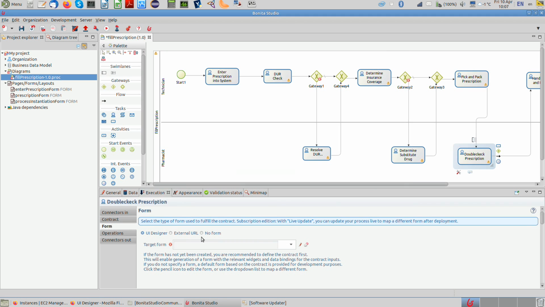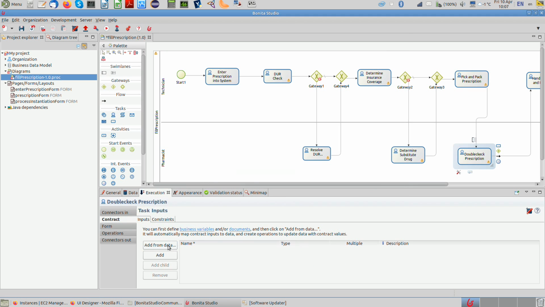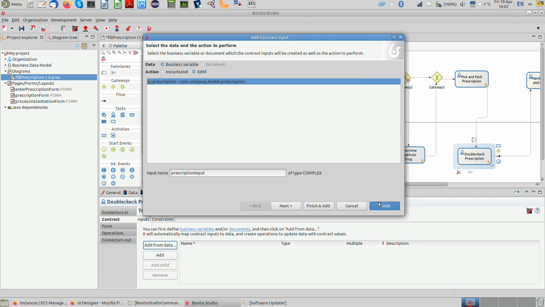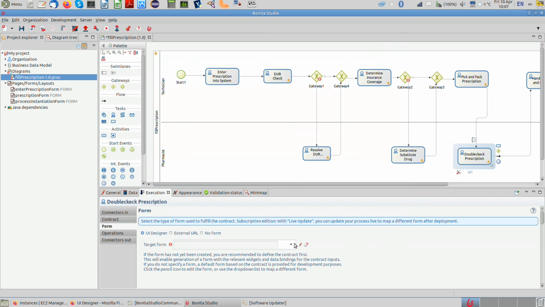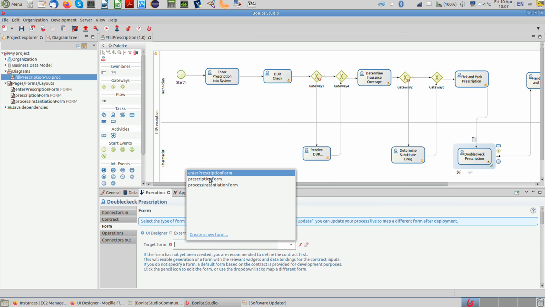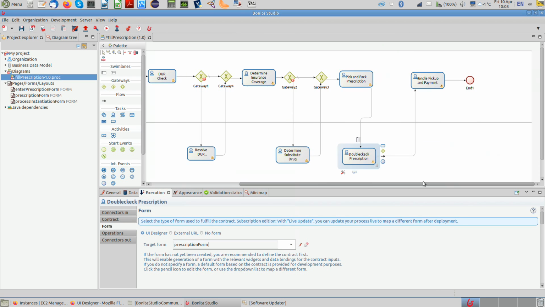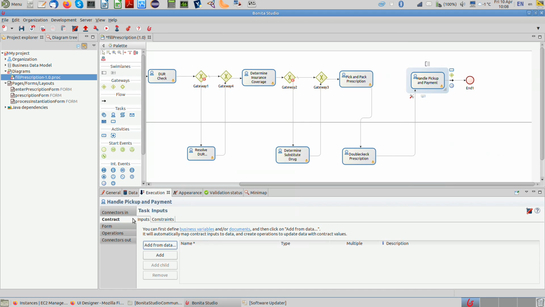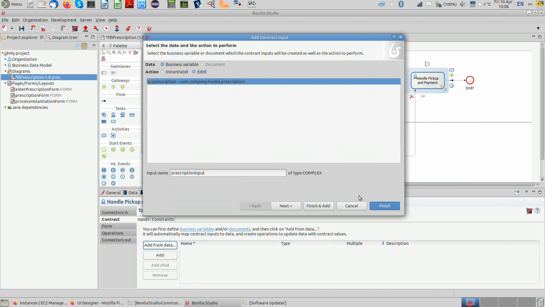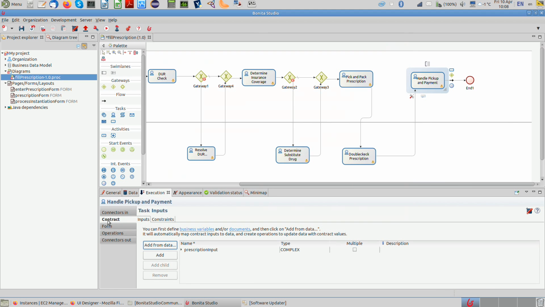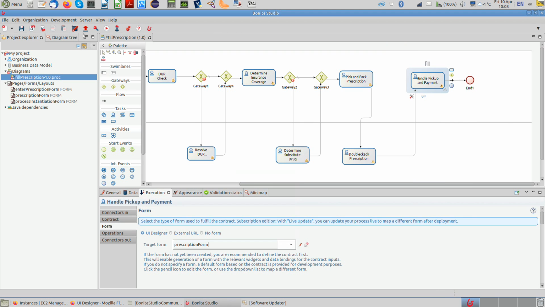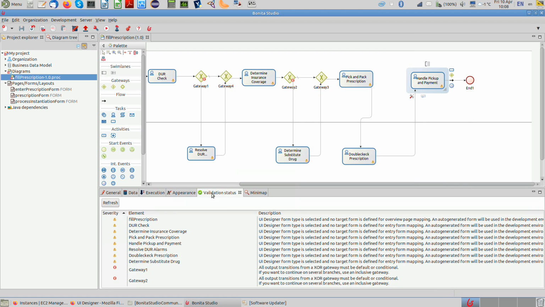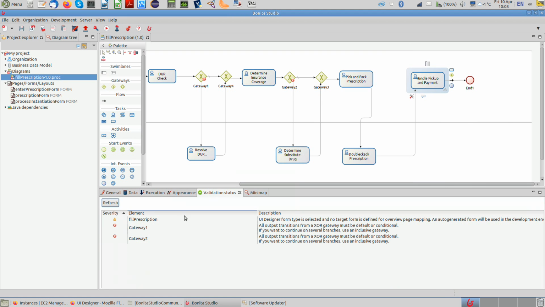But because we're only doing the very minimum necessary, we'll use the same contract and the same form right throughout the process. Save this, validate this,